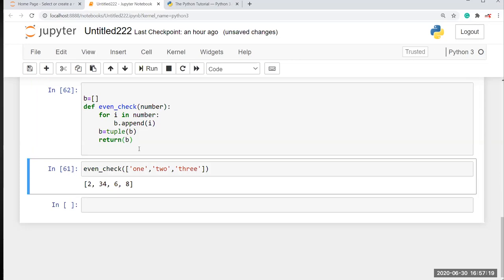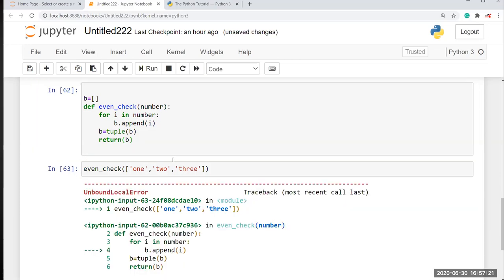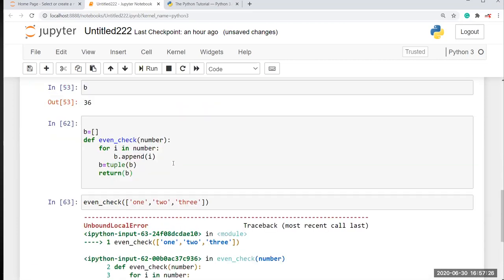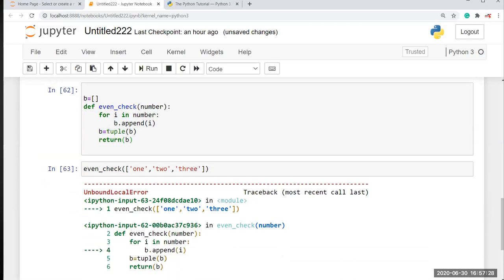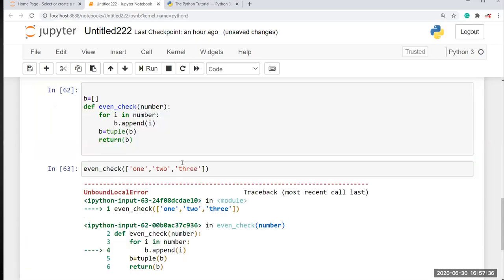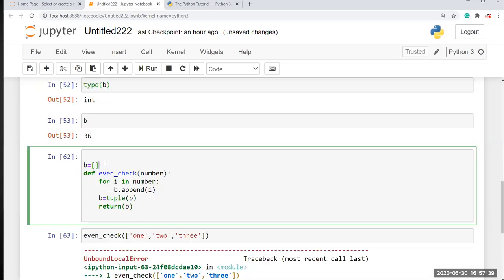now check this. It gives an error because the local variable is referenced before assignment.